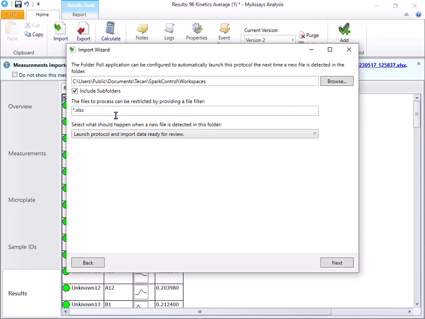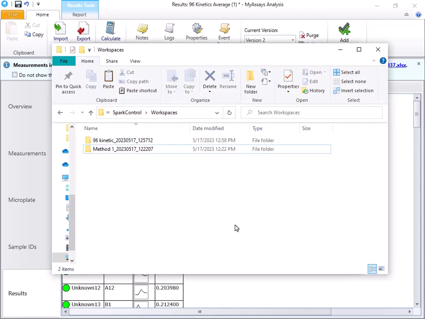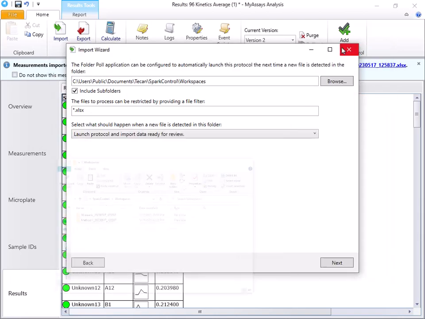Let's take a moment to look at the default organization for measurement data files exported from Spark. These data files are exported to the Workspaces folder, with each run contained in a subfolder with the method name and measurement date and time. I'd like to restrict the files to be imported to only include the files created using the 96 kinetics method. So I'll enter the file filter 96kinetic_*.xlsx to import data files beginning with the method name 96 kinetic followed by any additional characters such as the